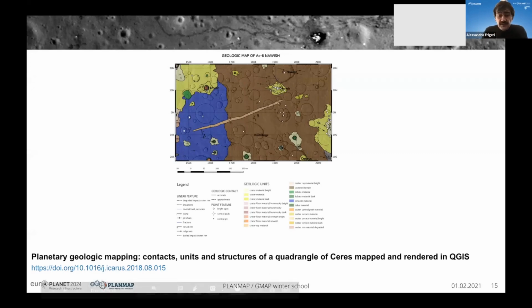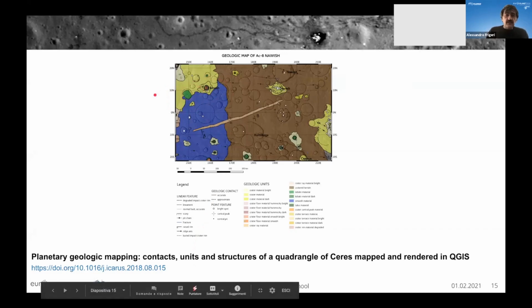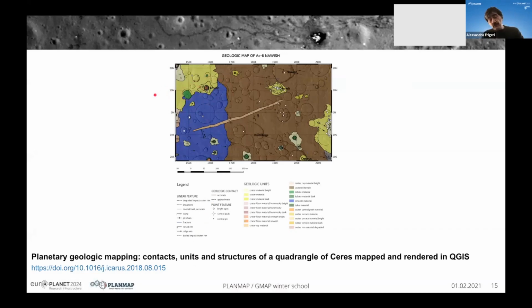This is a geologic map, or well, a geologic sketch, which has been published in a peer-reviewed paper. It is a geologic map of a quadrangle of Ceres, and it has been produced completely in QGIS 3 point something,